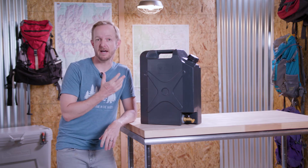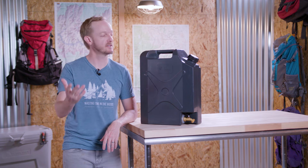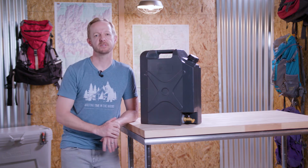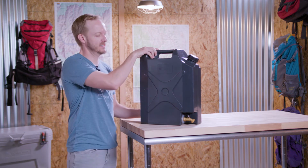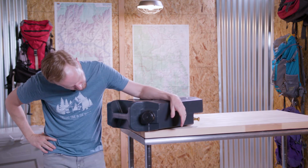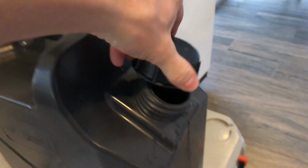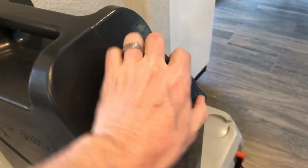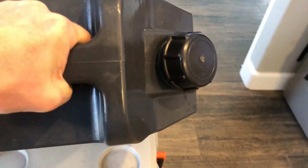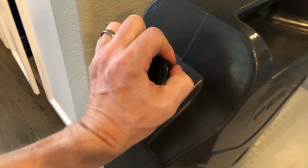Now, we've had this out all summer, and the entire family loves it. It works great. Oh, except for, well, I'll just show you. Yeah, it drools. Now, I messed with this for days, and no matter what I tried, it just kept drooling. It has a big giant O-ring in the lid, which should make it really tolerant of any defects or warping around the lip of the spout, but no matter how much I cranked it down,